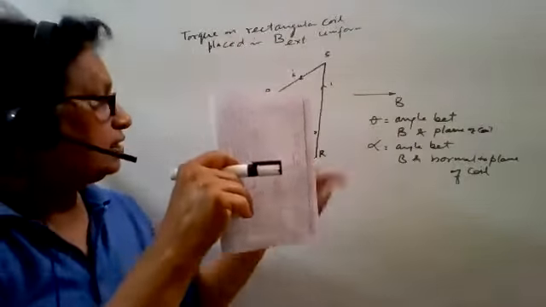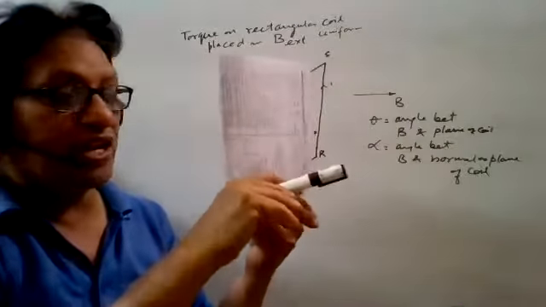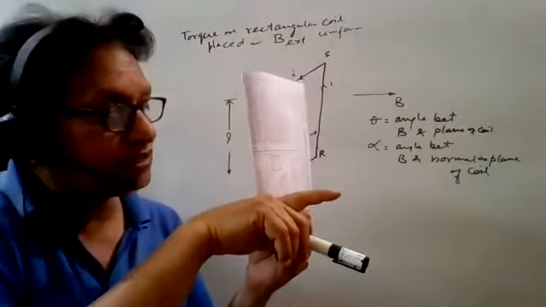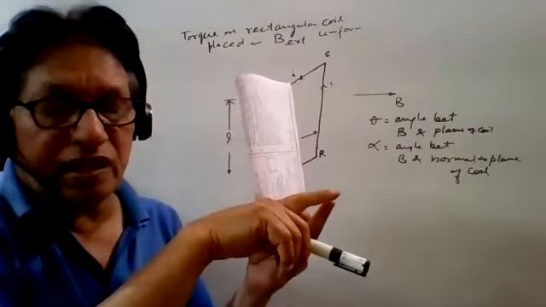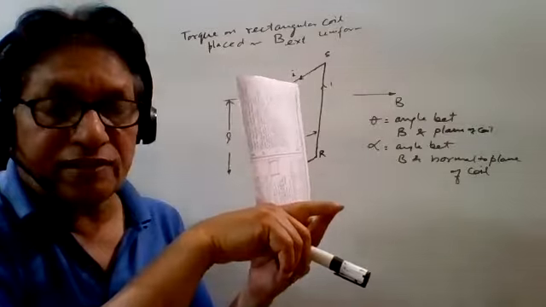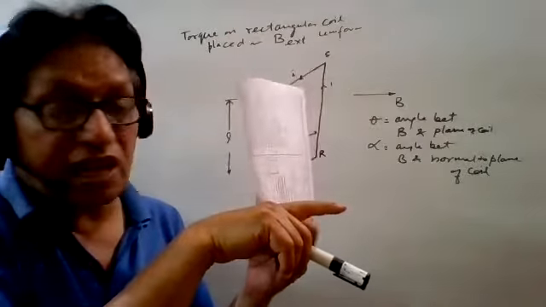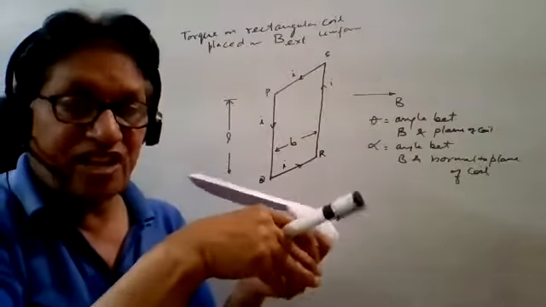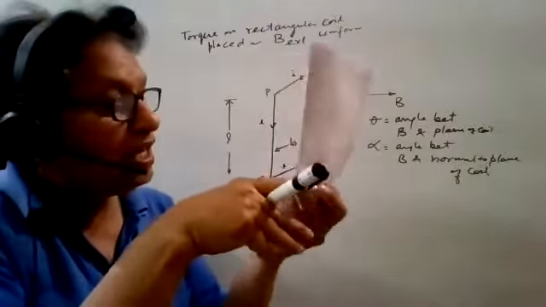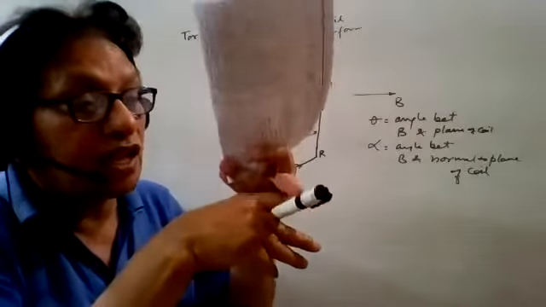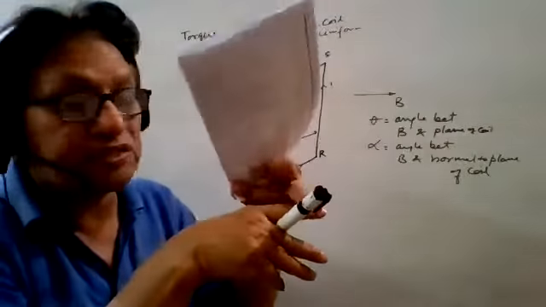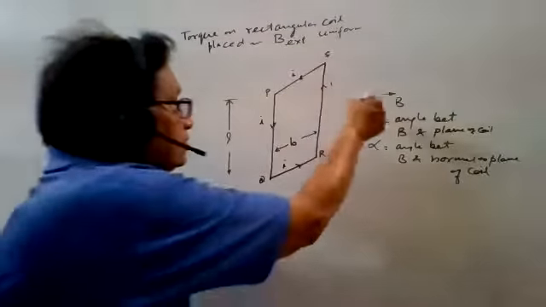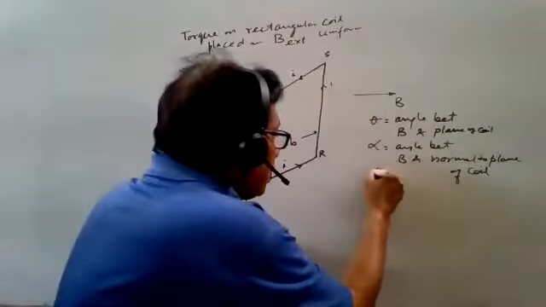Initially, it is making some angle theta here. This is the magnetic field, and this is the plane of the coil, so theta is this angle between the magnetic field and the plane of the paper, meaning the coil. And this is the normal. The angle between the plane and the magnetic field is theta, and between the normal and the magnetic field is alpha. So this is theta, this is alpha. Got it? So what is the value of theta plus alpha? It is 90 degree.